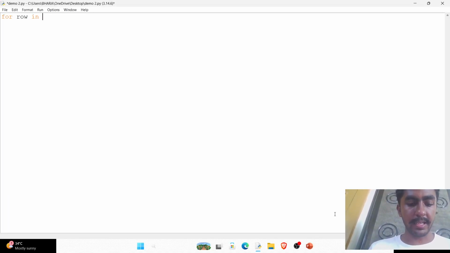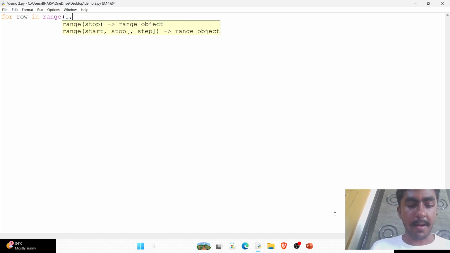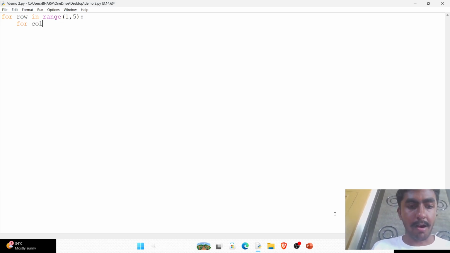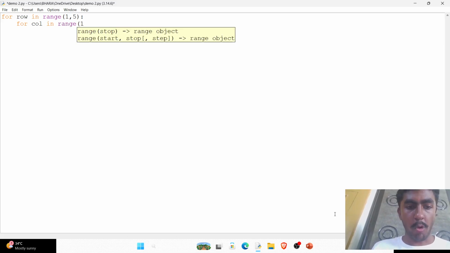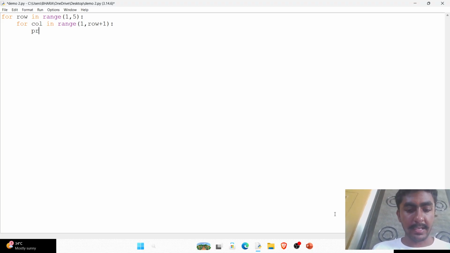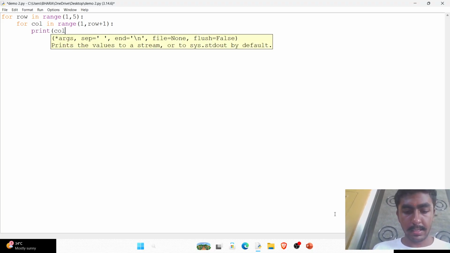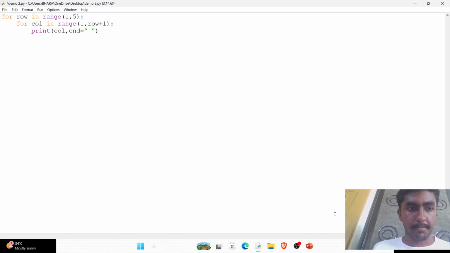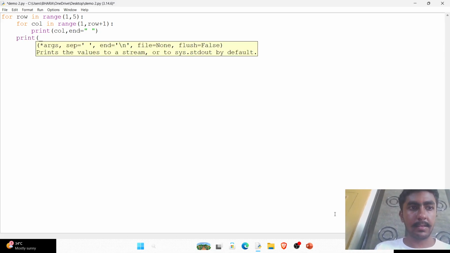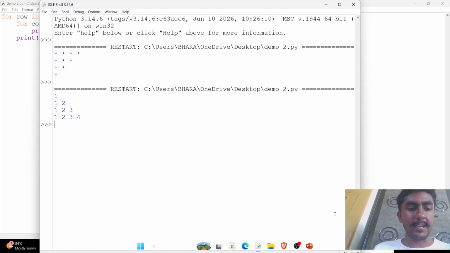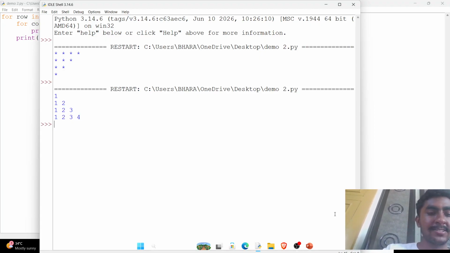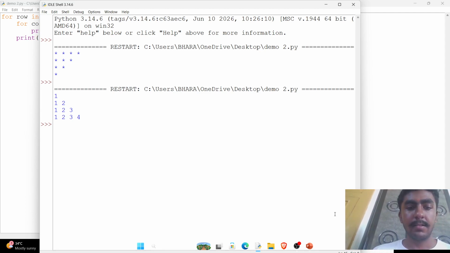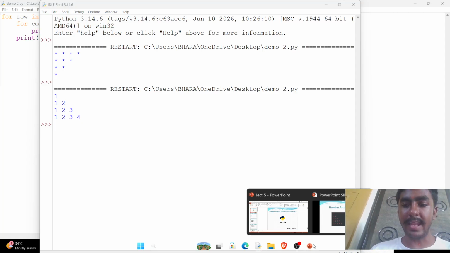for row in range(1, 5): for col in range(1, row + 1): print(col, end=" "), then print a new line. And if I save it and run, notice we are printing column instead of stars. That's the only difference. Okay, so let's move to the next one,